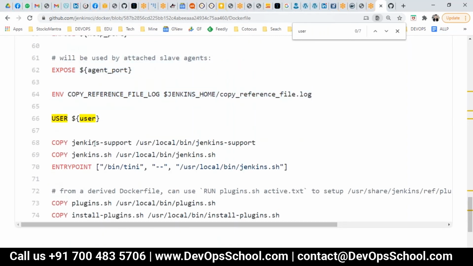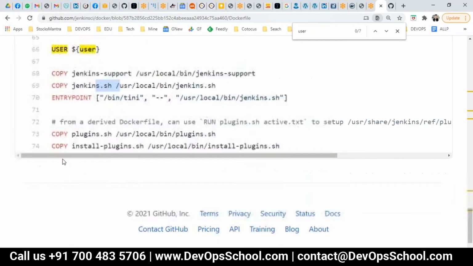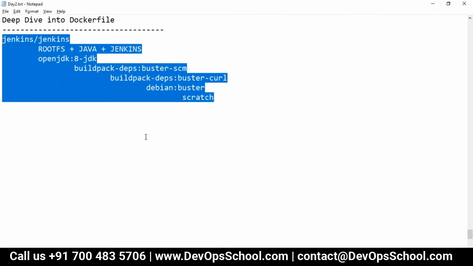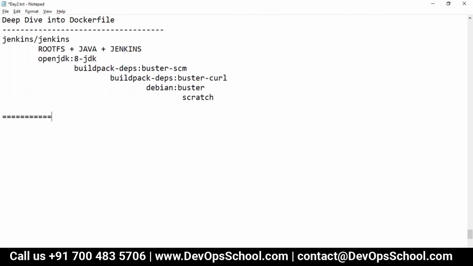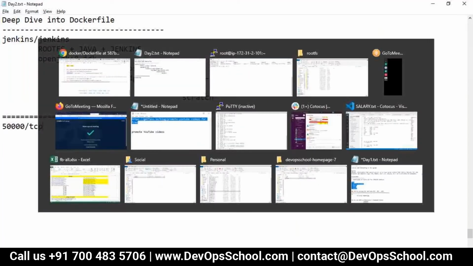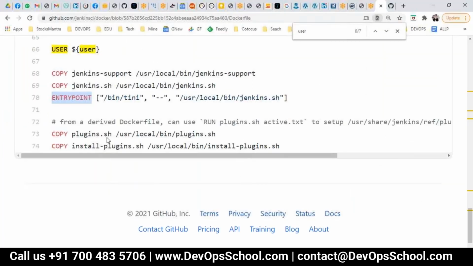Now you are copying some files into the container, a directory by the way, inside this location. Again copying. Now the last thing is here, entry point. That's all. So you see that this is such a small Dockerfile with a few entries, and you can see that everything can be controlled.